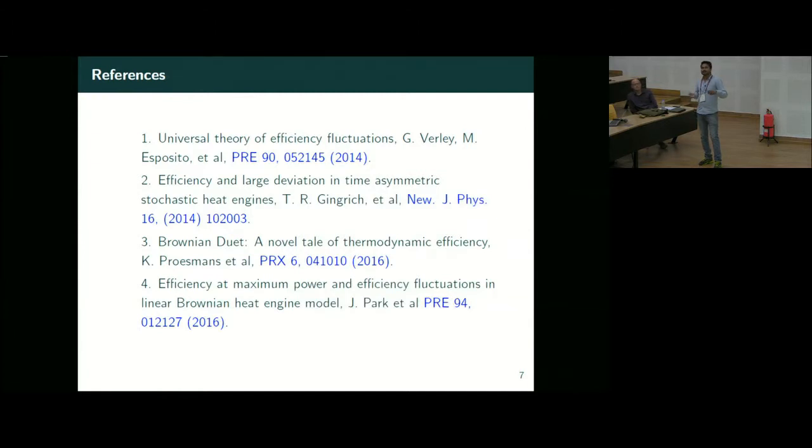What they have done is use a two-level system, and the states are modulated by some driving. In a cyclic fashion, they computed the efficiency, and they calculated the full large deviation function and the probability density of this function. This is Carroll from Belgium. He used the same overdamped equation, but instead of a constant force, he applied sinusoidal driving, and they calculated the full large deviation function and probability density, and they compared with experiment and simulation, and they got very nice results.